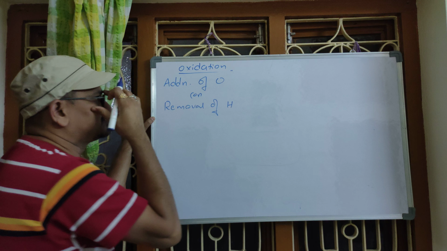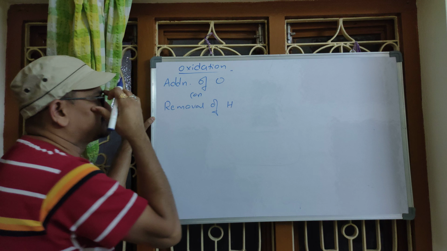Or removal of hydrogen. Both are similar. Either addition of oxygen or removal of hydrogen can be termed as oxidation reaction. Understood? Now, what's meant by this? Suppose by taking an example, let us assess this one. Substance A is there, an element A is there. What's the oxidation state of this element? In elemental state, what are the oxidation states? That is 0. I know you remember all the cases, right?